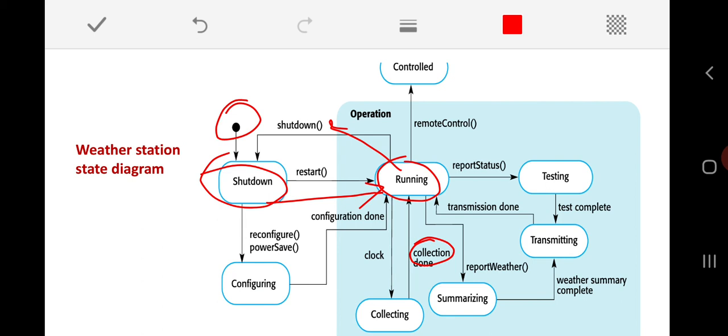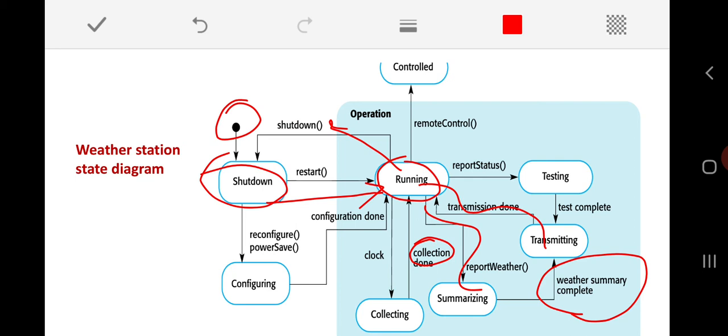Then if I want to collect the summarized data, it will go to summarizing. Then when the weather summary is completed, it will be transmitted back to the weather station. So, this is how the report will be generated.